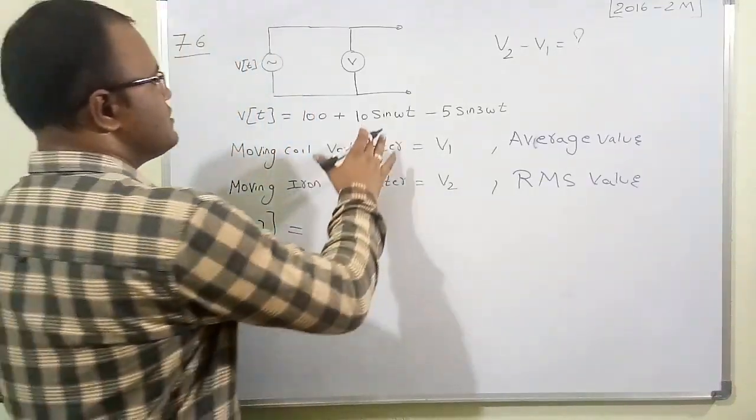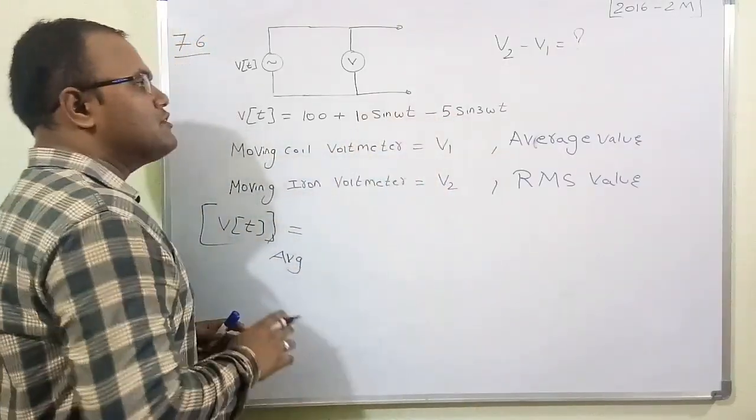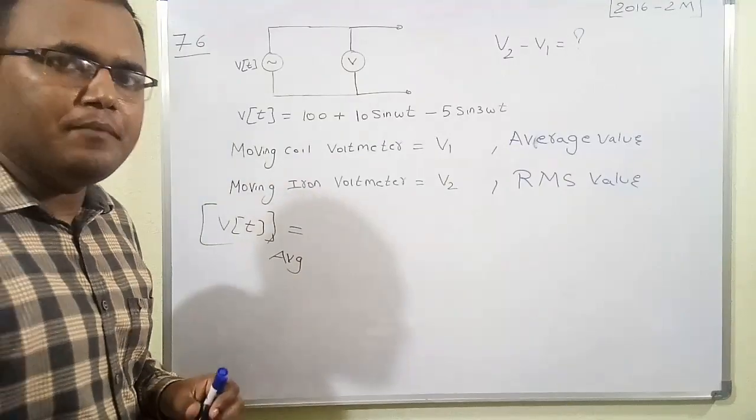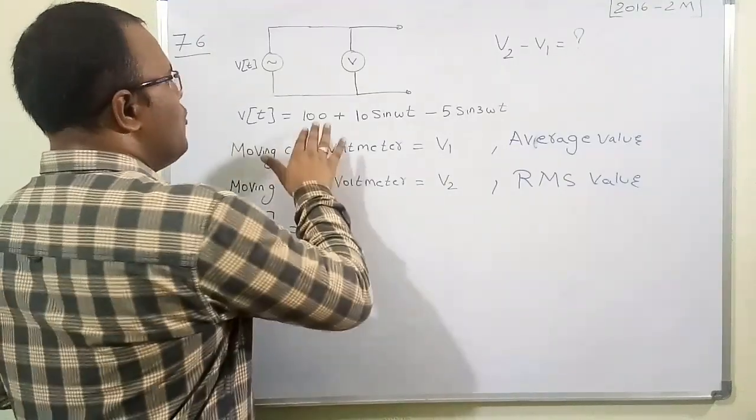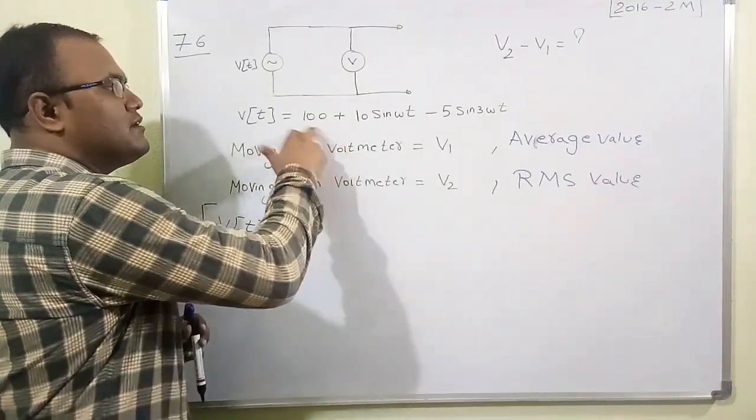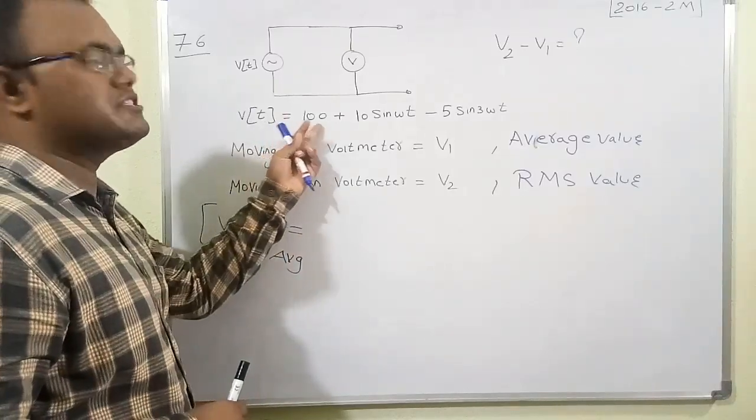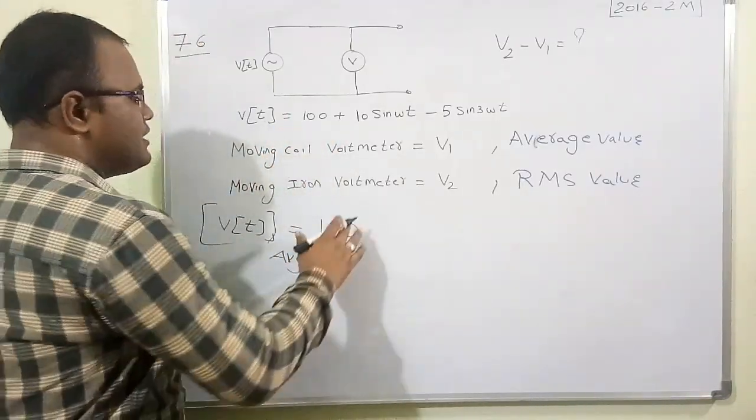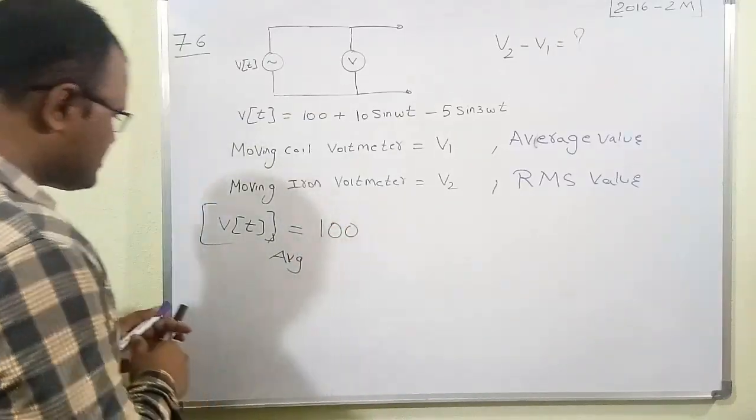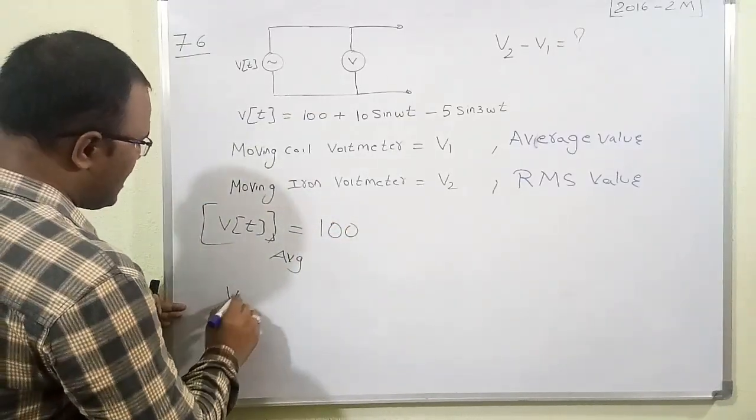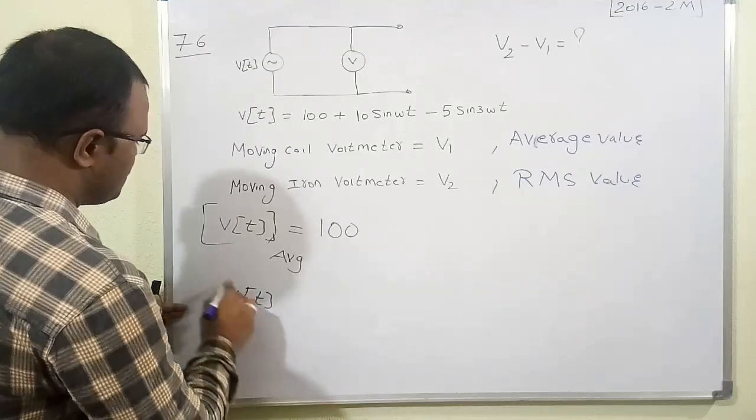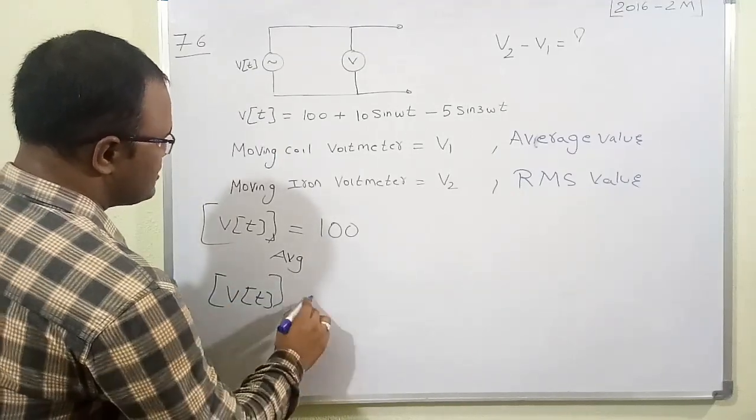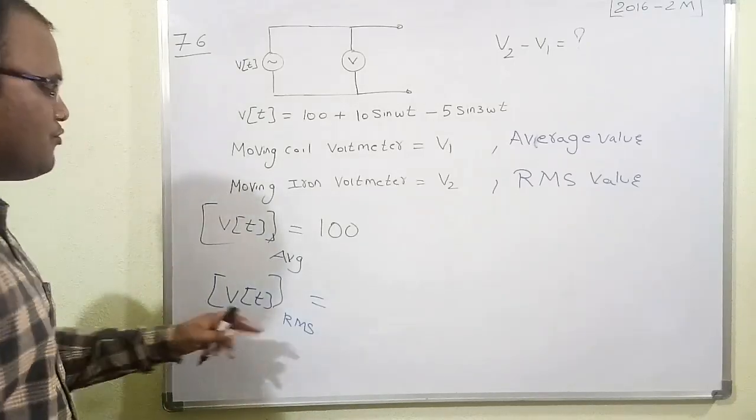So therefore, the average value of sin omega t and the average value of sin 3 omega t become 0. So only one number is present in the expression, which is 100. Therefore, the average value of V of t is 100. And similarly, if we find the RMS value of V of t,